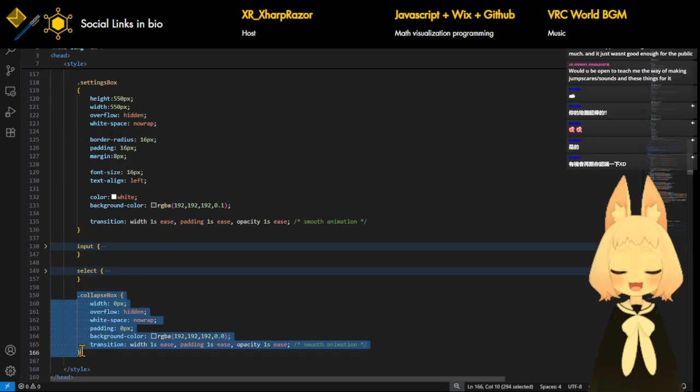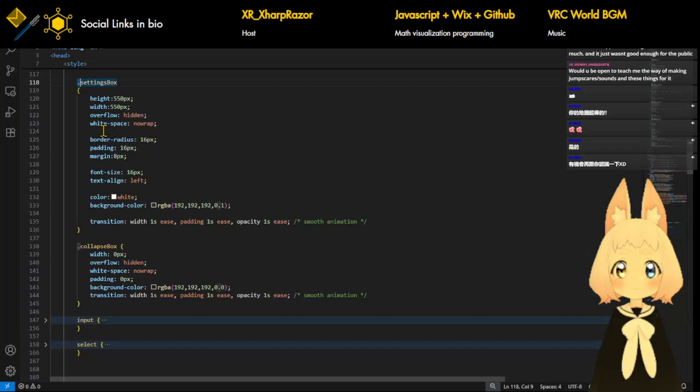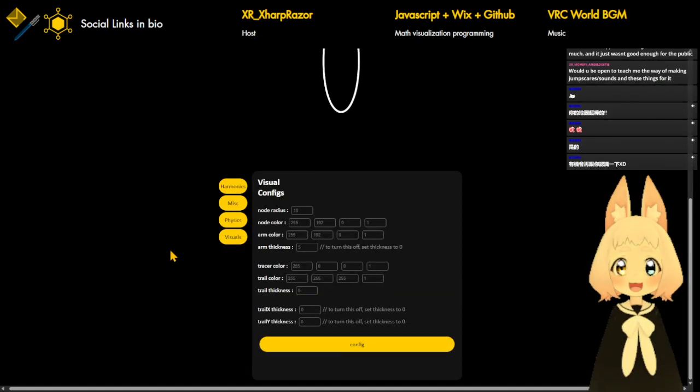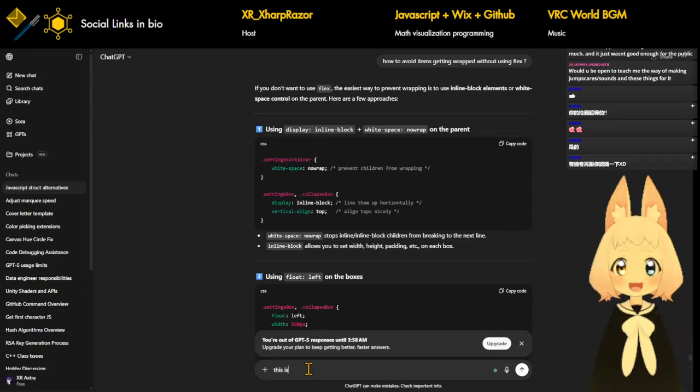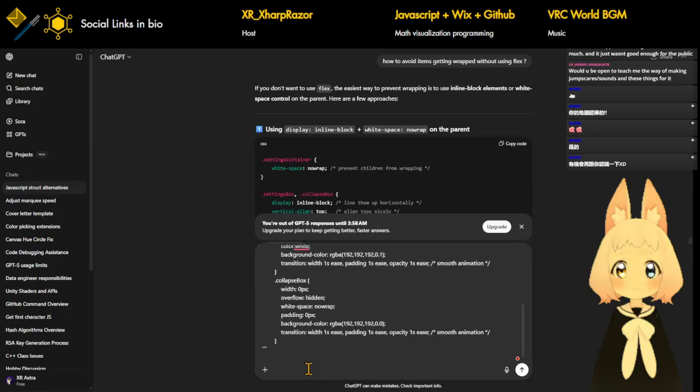Okay, you know what? Let me just move this thing up here. Control C. Just in case, the problem now is this is what I have currently. Now the only problem is that the background color